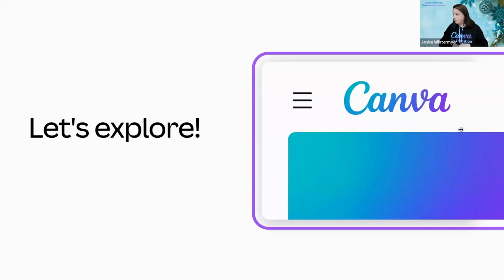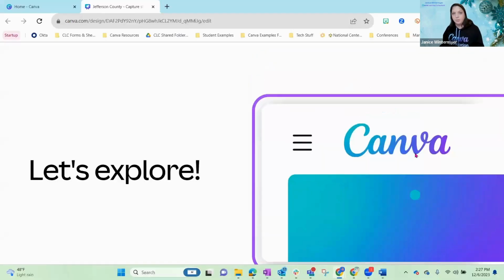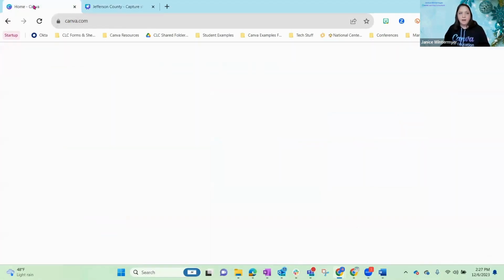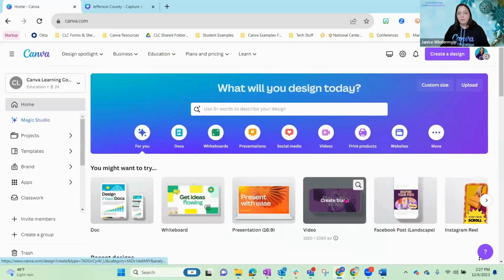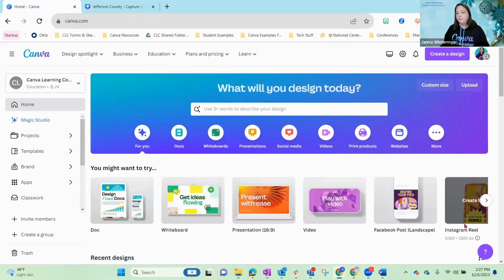Okay, lots of talking from me. I want to dive in a little bit to our template library and give you a chance to explore. So I want to highlight just a couple things, and then I'll give you an opportunity to kind of see what you find. So when you log into Canva, which hopefully everyone was able to log in, again, I think you can go to canva.com, choose login with Google, use your school district Google information, and it should drop you